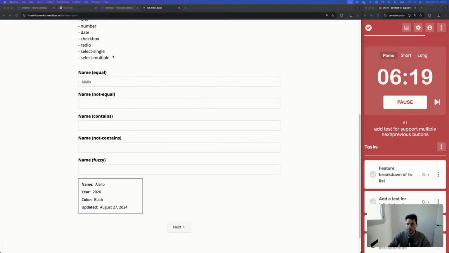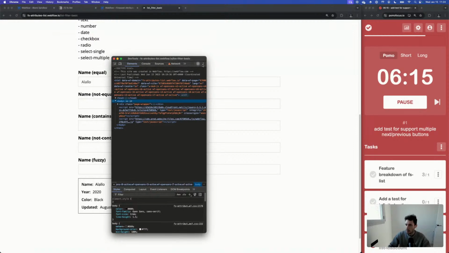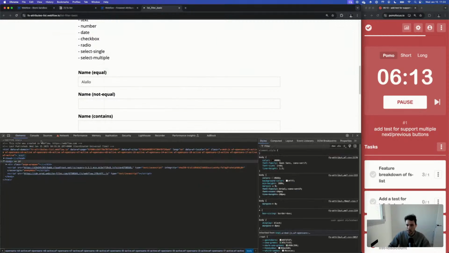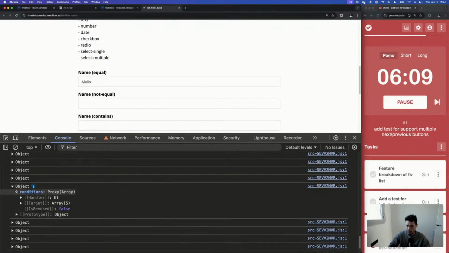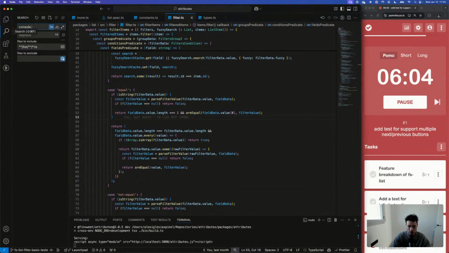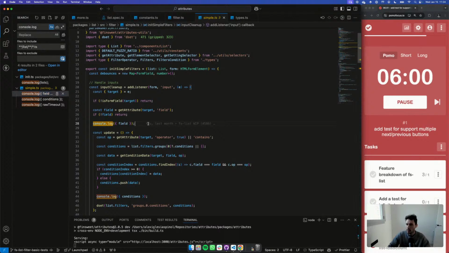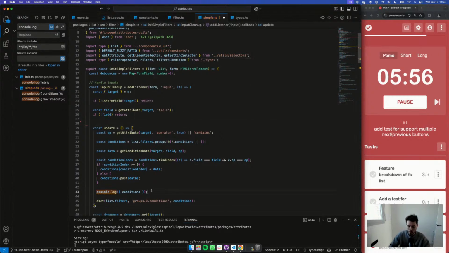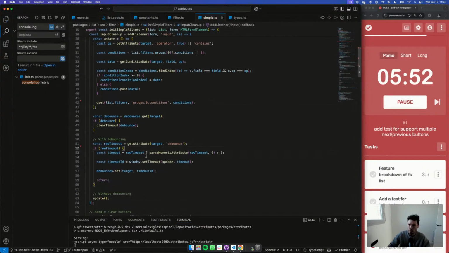Let me try to remember this because I wrote this logic a while ago. And I want to make sure that I'm doing this right. What am I console logging? I don't want to console log anything. Yeah, let's just get rid of that for now. No need for this.